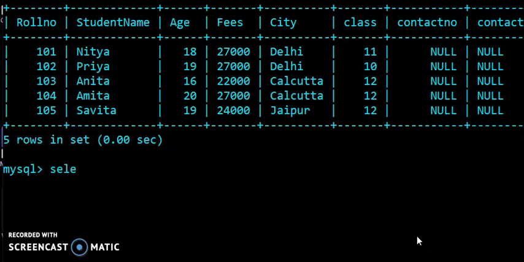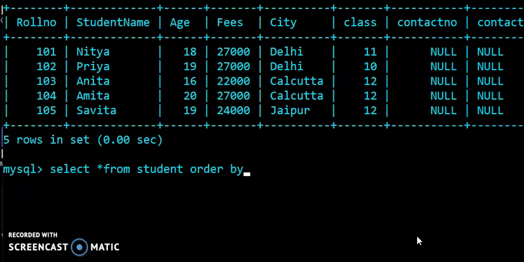According to the syntax, firstly we have to write select. If you want to display all columns, or some specific columns, you can set that here. So if you want to display all columns, you have to write select asterisk from table name student. Then after that you have to use the order by clause, order then space then by. You have to remember one thing, that there is a space between order and by.